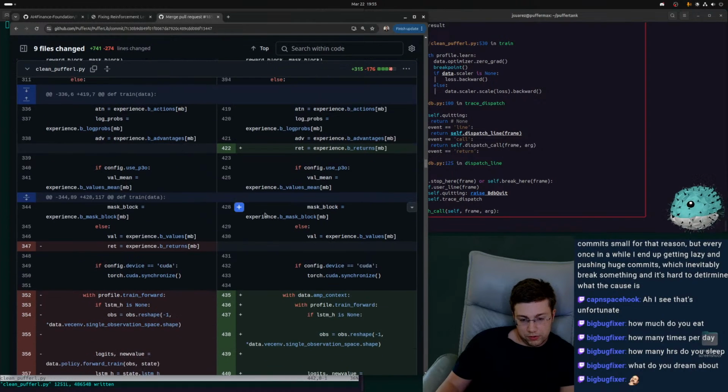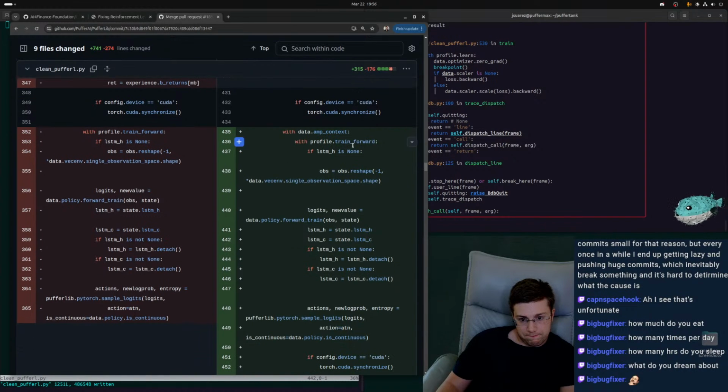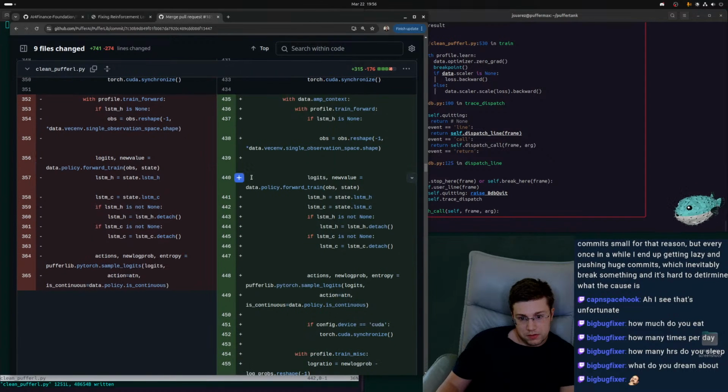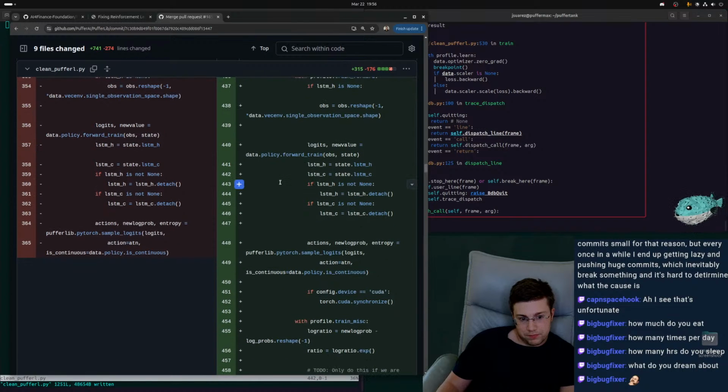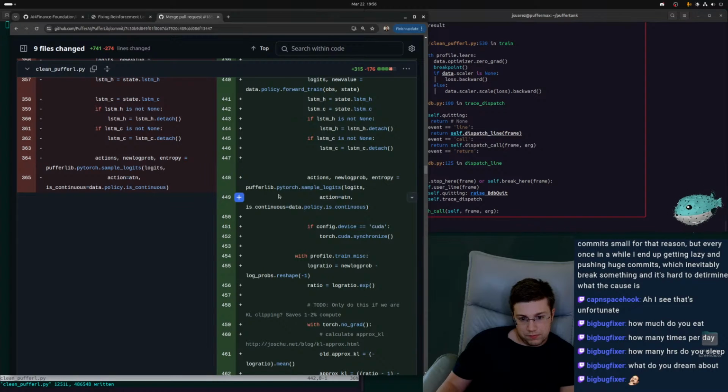If LSTM h is none. Forward train. Unpack these.